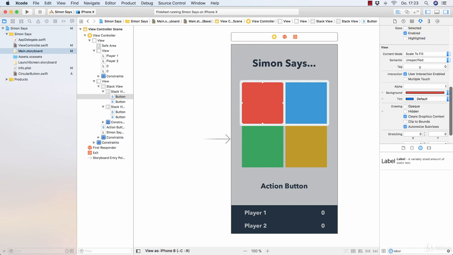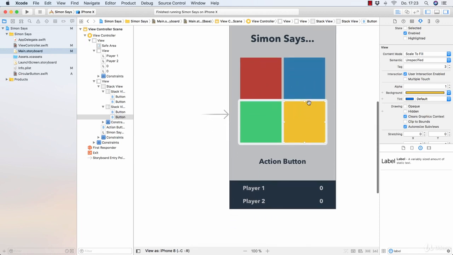Now, for our first button, we can just leave it at that. But when we now select our second button, the blue one, I want to set its tag property to 1. The green button will get tag 2, and our yellow button will get the tag 3. This way, our 4 buttons are now numbered from 0 to 3, and we can now use these values to